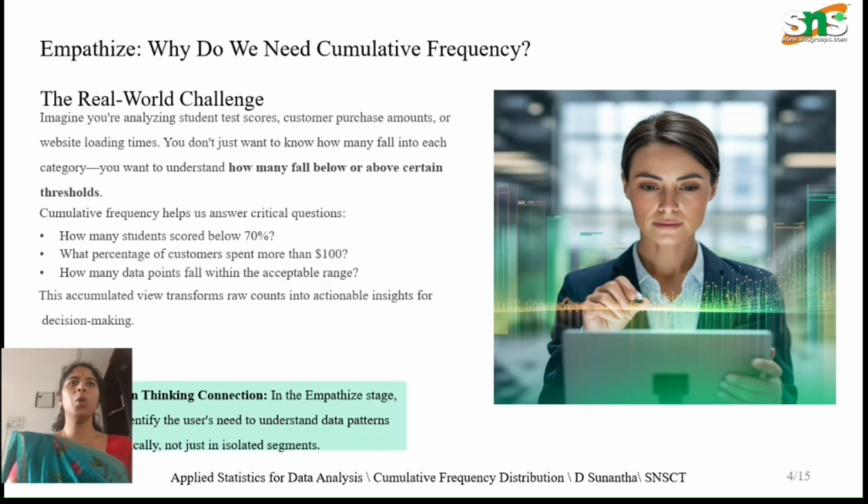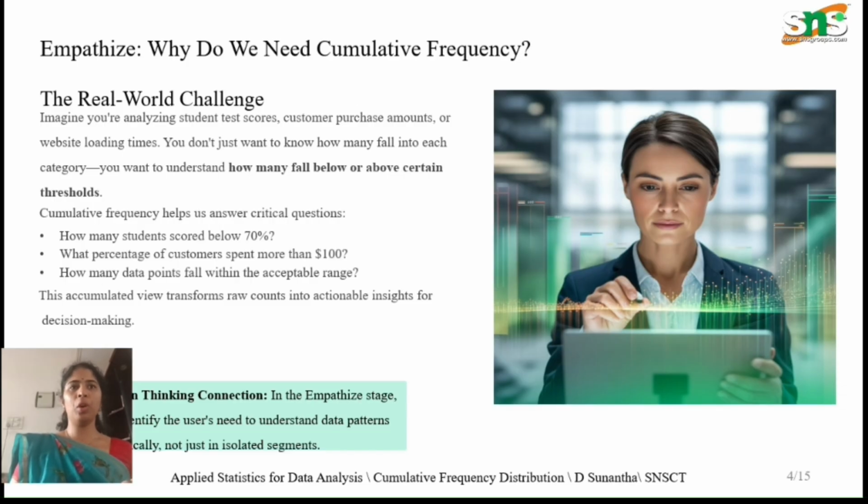Now let us begin our design thinking. Imagine a placement coordinator after conducting an aptitude test for 300 students. The principal is asking how many students scored below 70. A normal frequency table cannot answer this immediately because it only shows the number of students in each class. So in such cases we can use cumulative frequency distribution to interpret the data more